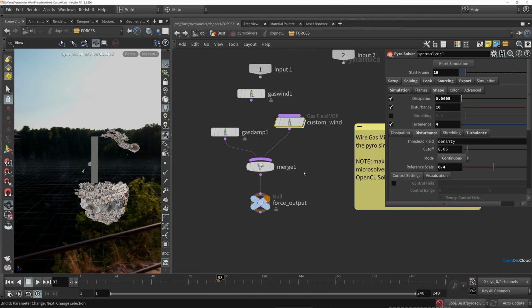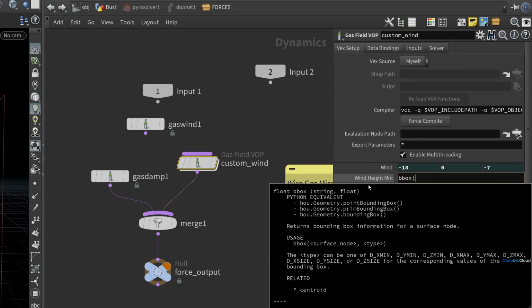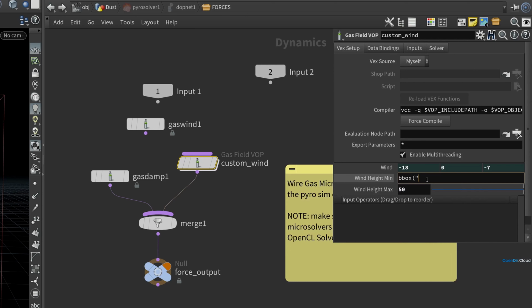And then diving back inside our Pyro solver, for the wind height min and max parameters here, I'm just going to reference the height of that object we just set up. So we can use the bbox function. So if you type bbox, you can see this takes a path to the node that you want to measure. And then for the second parameter, you can enter in one of these options here. You can grab the minimum, maximum values for X, Y, and Z, or you can grab the size values. For this, I want Y min and Y max. So I'll point this bbox lookup to object context /dust /wind height ref, and then type in d underscore Y